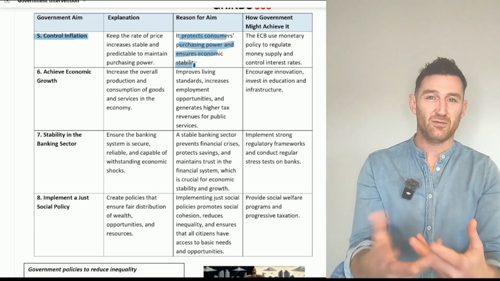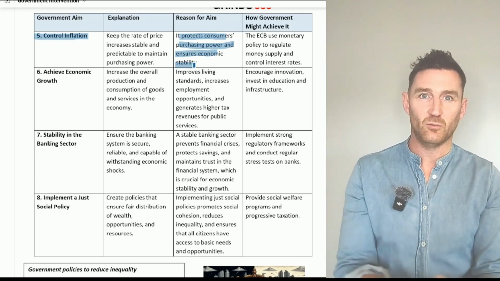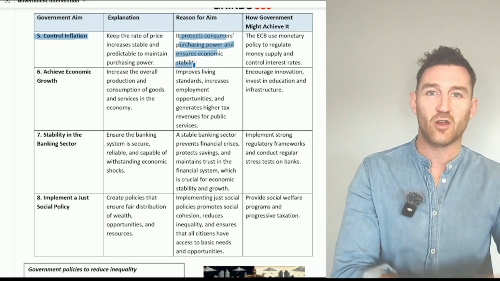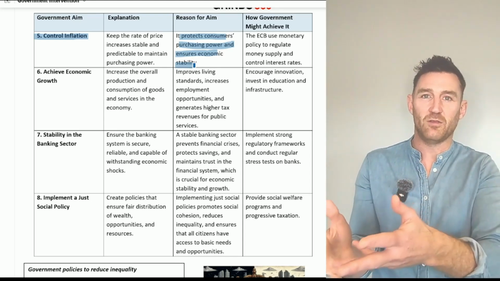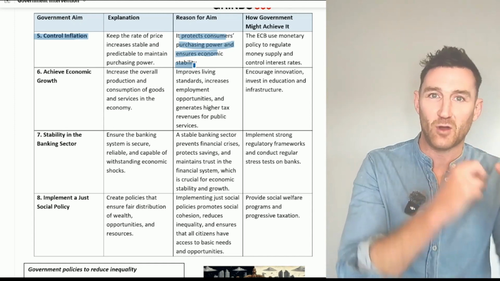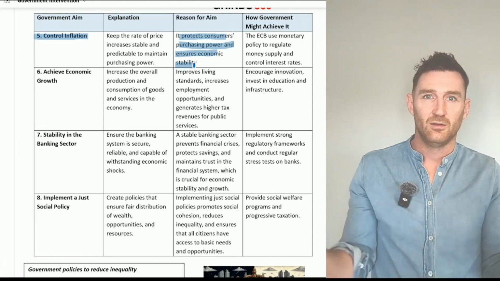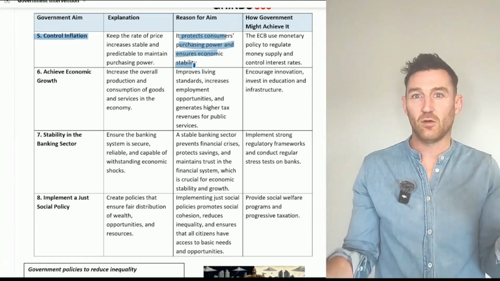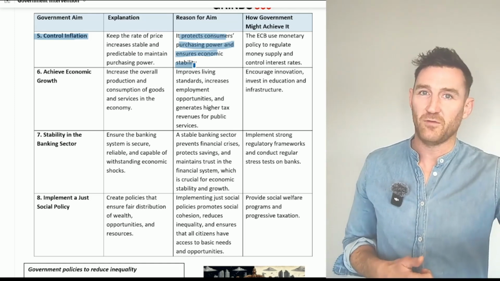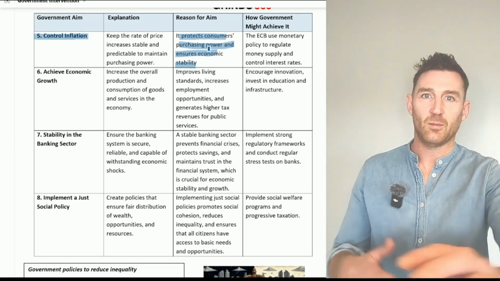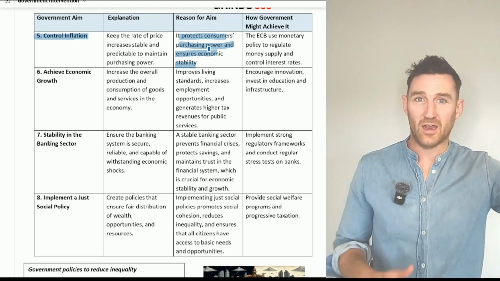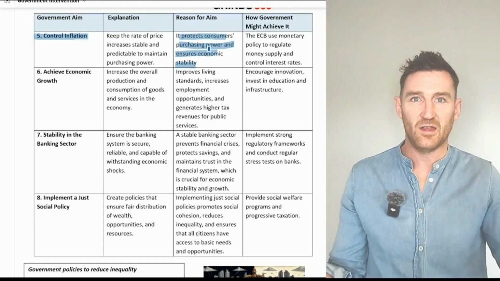So what's happened really over the last 2 years, we're in a situation where prices have increased at a greater rate than our wages have increased. And that's a problem. Like if your wage increases by 5% and prices increase by 5%, nobody really cares. You're no better off or no worse off. But if prices rise by 5% and your wage only increases by 1%, well, then your purchasing power has fallen. So again, we're getting into macro here, we're getting into monetary policy and the price level.